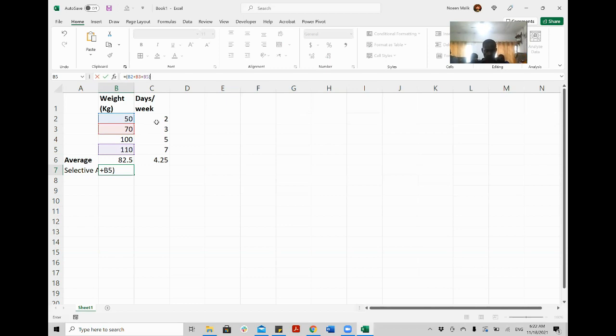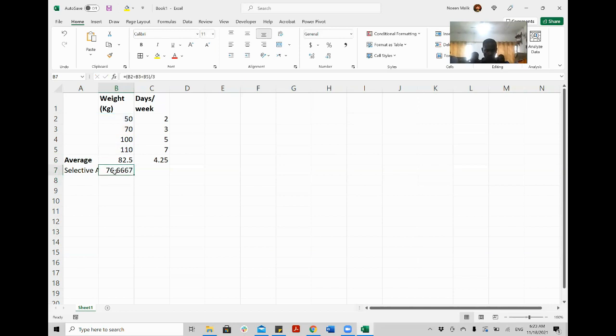So how do you take the average? Average is actually the sum of all the numbers divided by the total numbers, how many you are using. So how many am I using? 1, 2, and 3. So it should be divided. Divided is this sign on your keyboard, and then you will say 3. Okay, I have created a formula. Then you are going to hit enter.